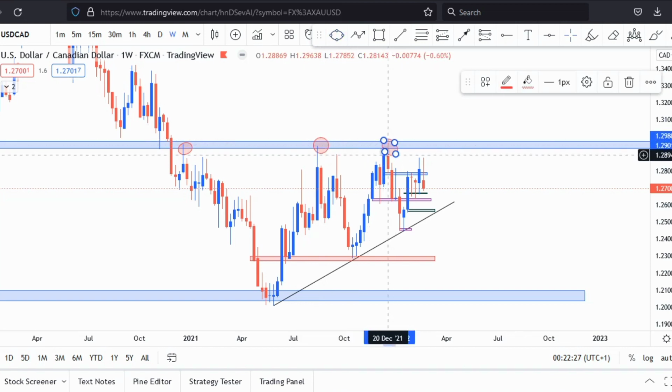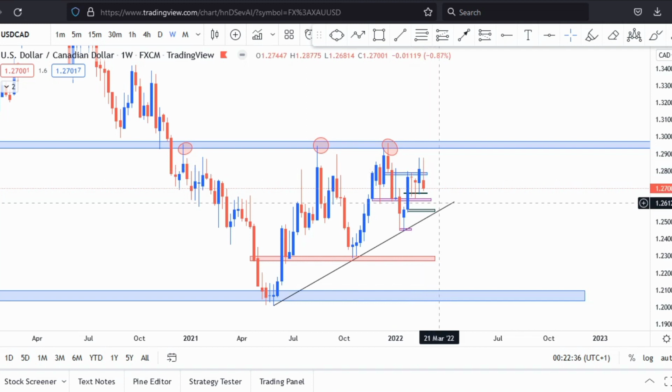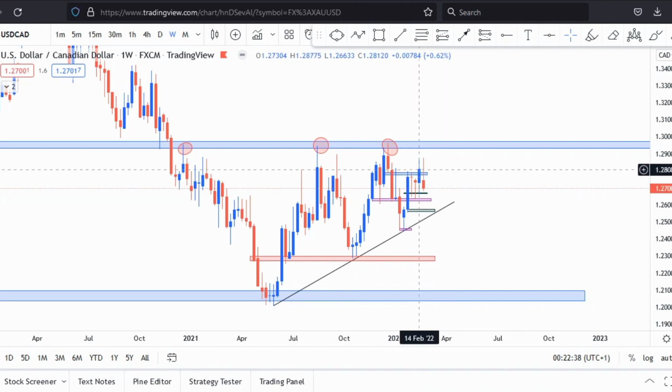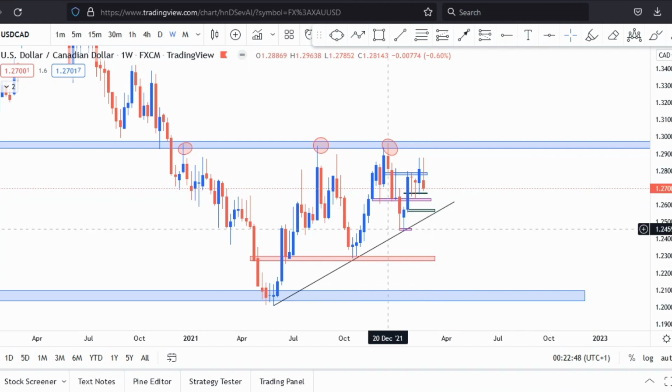So actually I was expecting price to continue all the way to the top to test it again, but price got to this resistance level here on the 4-hourly time frame and then rejected off it, which you can see here. There's this massive rejection followed by this bearish pin bar, which for me is an indication that price could also continue to the downside, possibly back down to this trend line here, or even completing this